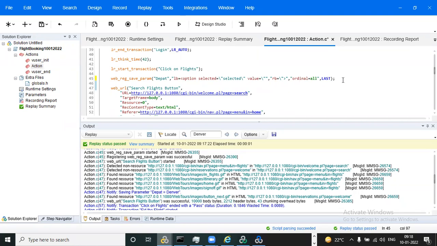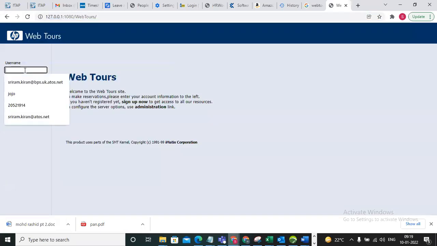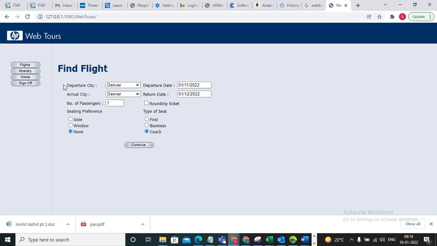What does ordinal mean? Ordinal stands for the occurrence of the dynamic values. It will capture all the occurrences of the dynamic values. Say for example, we go to our application. Now we are doing departure city.